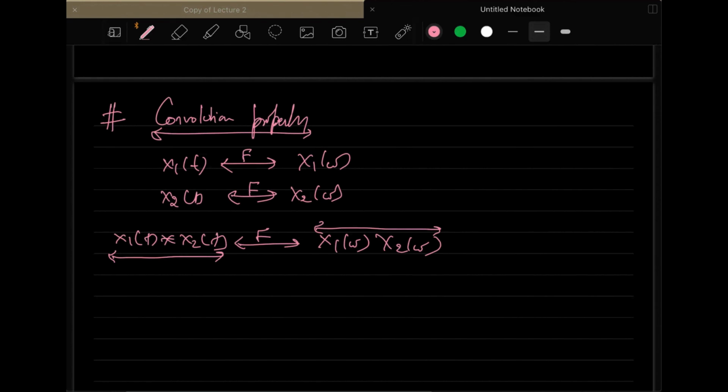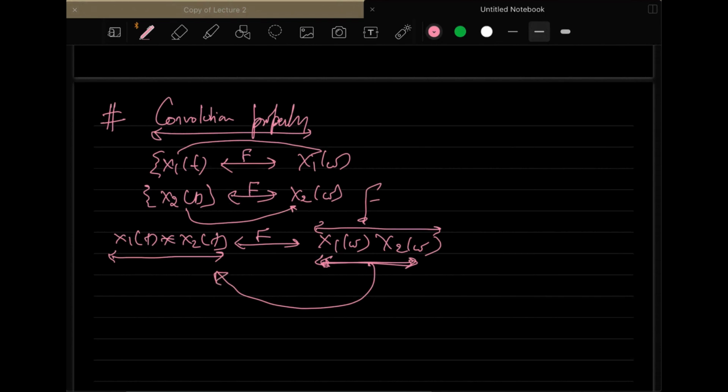As you all know, the convolution operation is a bit difficult, whereas the multiplication operation is very easy to do. So most researchers or scientists doing practical applications, if the signals are very complex, first transform them into the Fourier spectrum, multiply these Fourier spectrums together, and then take the inverse Fourier transform of that. They know that they will get the convolution in the time domain.